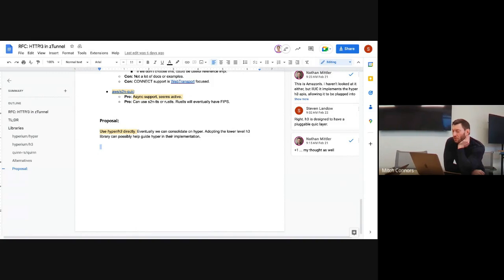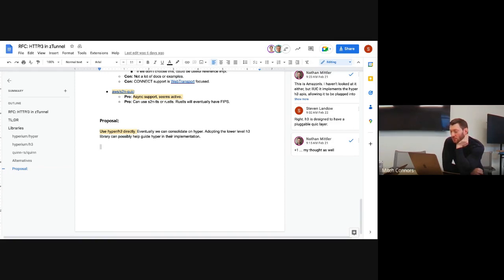Just to field the question about the Quiche library, there are actually two Quiche libraries. There's Google's Quiche, which is C++, which I suspect is a big library and probably very difficult to use from Rust, given that a lot of us are still kind of Rust newbies. The other Quiche is in Rust from Cloudflare. It doesn't seem to be very well maintained.